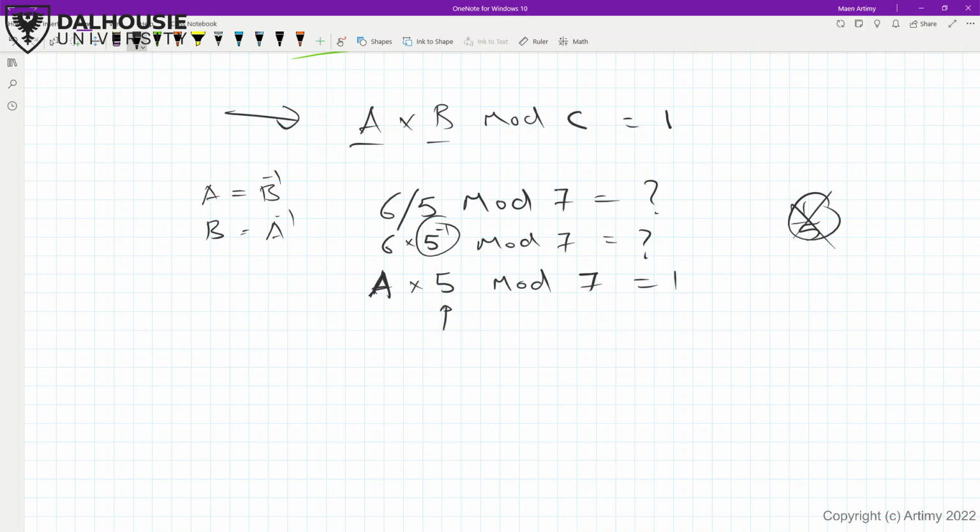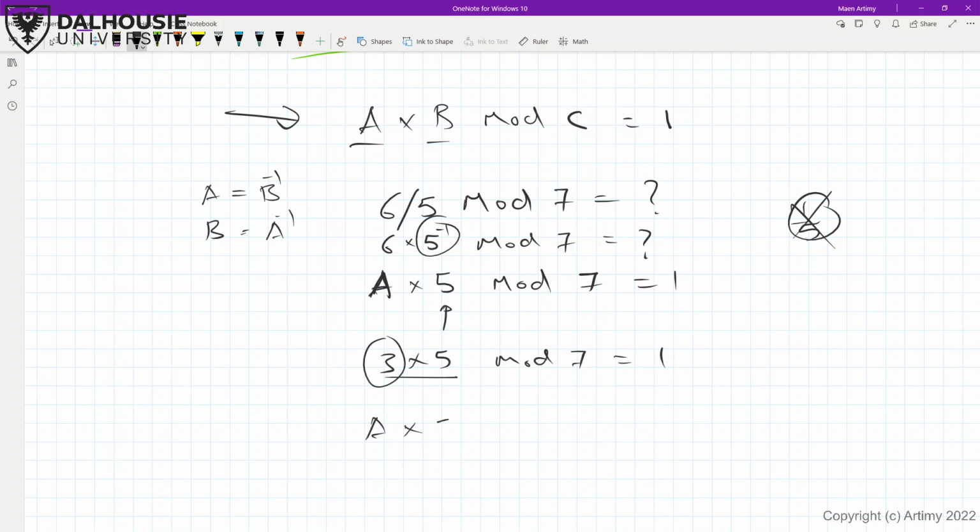Okay, so the short answer is 3. 3 multiplied by 5 gives us 15 mod 7. Now 15 divided by 7 is 2, right? And the remainder is 1. So that must be the inverse of 5. How did I get that? Well,